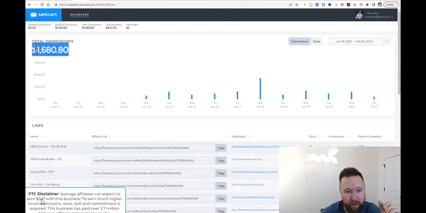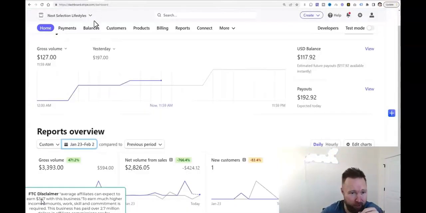So this income stream, $1,680, right? We started this on January 23rd. It's now February 2nd. And again, you're going to see this build up over time. We're at roughly between $650 and $700 per day right now. So that's just one income stream in our ecosystem that you're going to be able to copy and leverage and